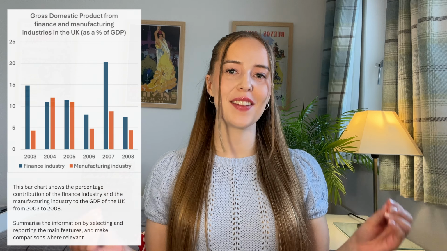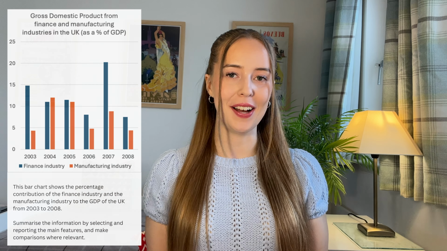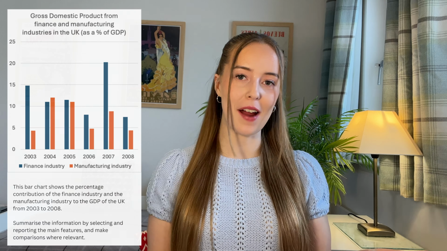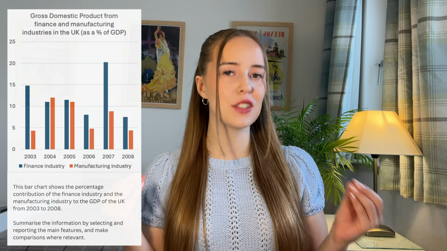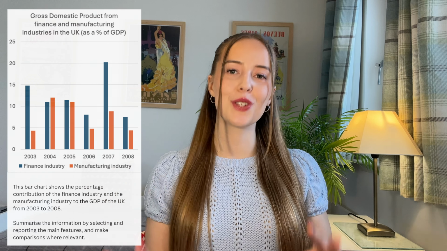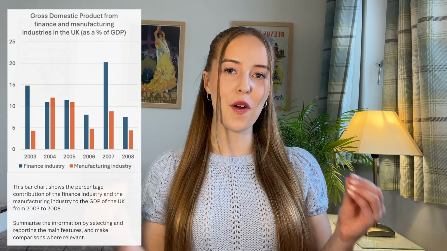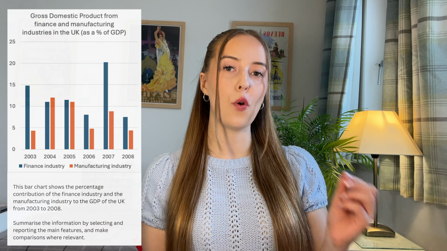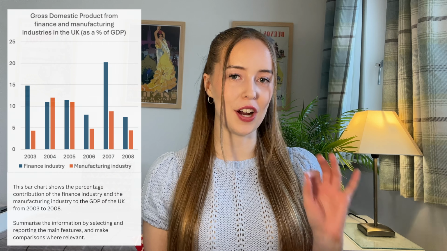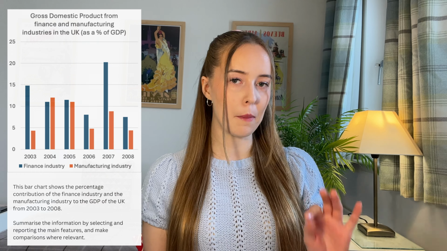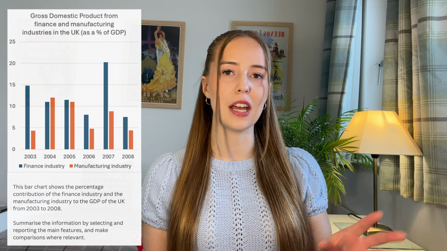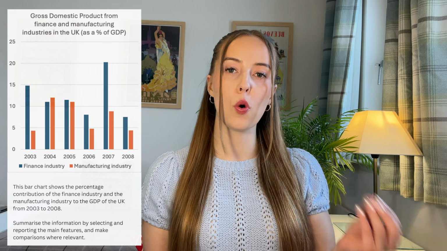We can always start the overview with "Overall," comma. This clearly indicates to the examiner that this paragraph is your overview paragraph. This is why putting in discourse markers is so key. You are directing the reader through your report so they know what to expect when. In our overview, we summarise 2 to 4 of the most significant things we see and write about them in general terms, not using any specific numbers or data from within the graph. So just the most obvious things that stand out when we look at the chart,